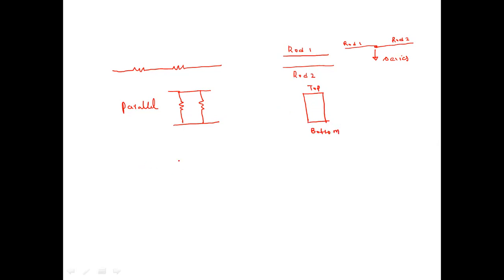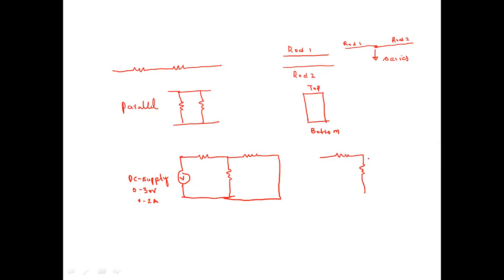Now, when we are talking about any circuit, suppose I've drawn a circuit. There's a DC supply, usually in the experiment you are doing in the laboratory. This is a 0 to 30 volts supply and 0 to 2 ampere of current. This is one resistor, this is another resistor, and this is another resistor over here. Now, whenever you are making any connection of such type, I'll explain you one fundamental thing. Whenever you have to solve a circuit,